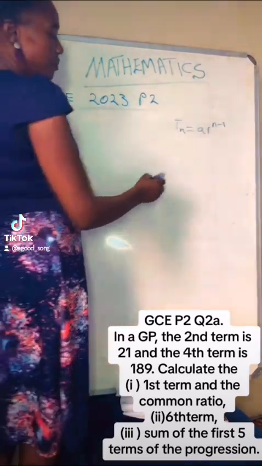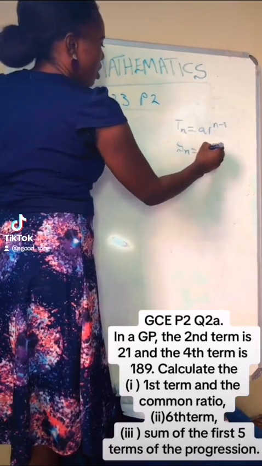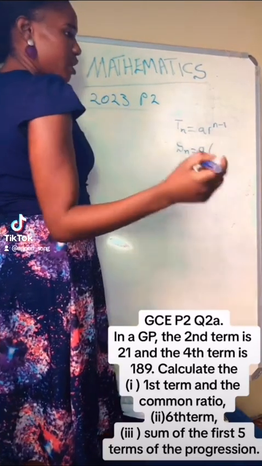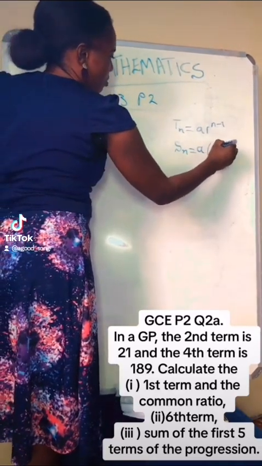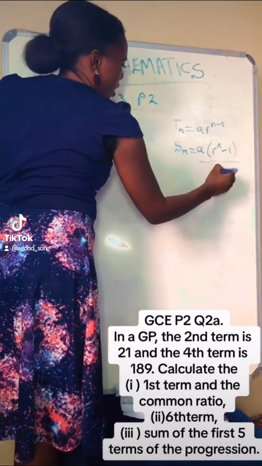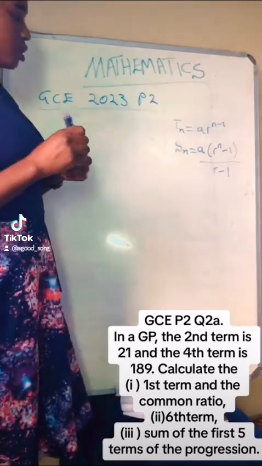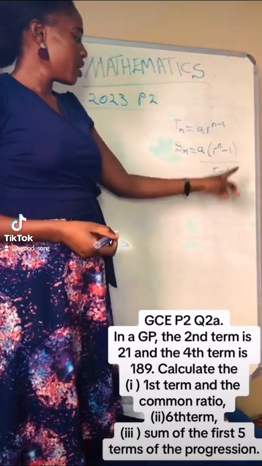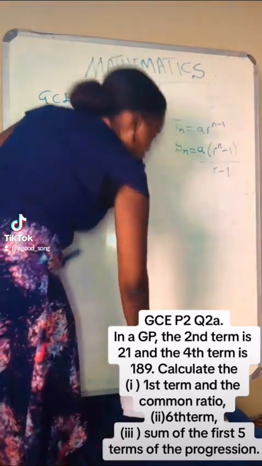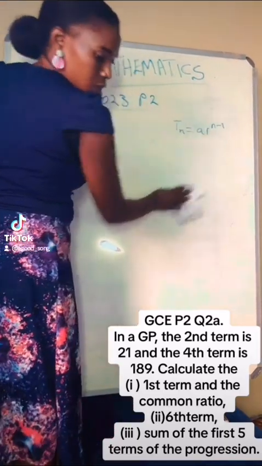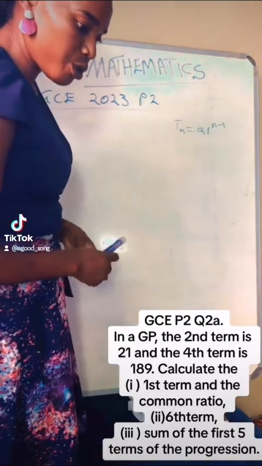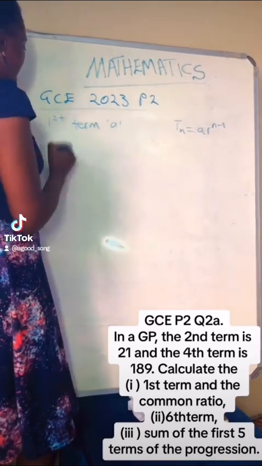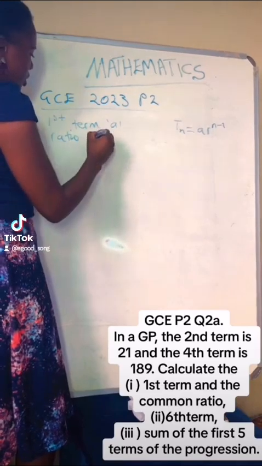Then the formula for finding the sum is Sn equals first term, open brackets. If the ratio is greater than 1, then we say r to the power n minus 1 over r minus 1. If the ratio is less than 1, then we swap this. We say 1 minus r to the power n over 1 minus r. So to answer question 2a Roman numeral 1, where we need to find the first term, which is a, and the common ratio, which is r,